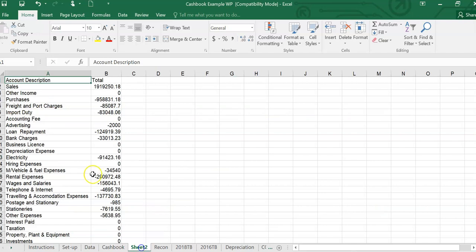So from here, in my other presentation, I want us to start looking at this data, and then I will bring it to another worksheet so that